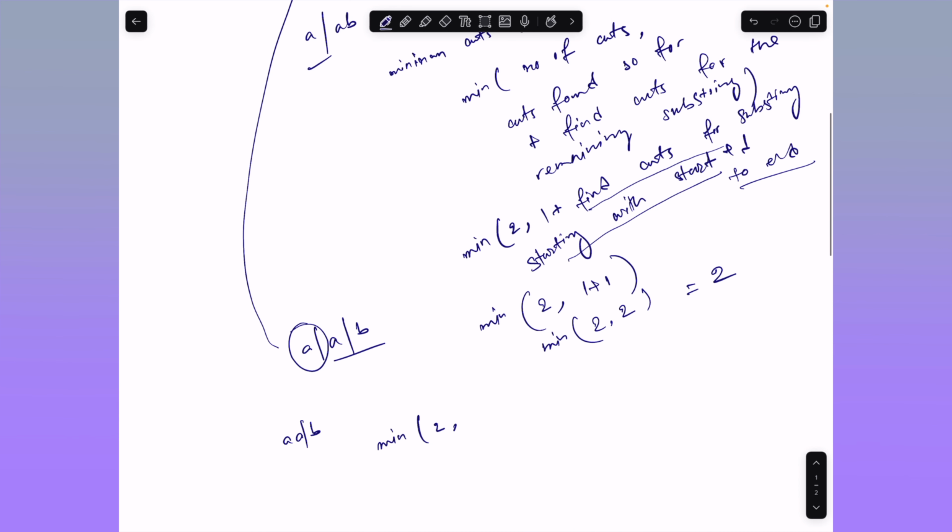Okay, and then find cards for the remaining substring. So cards found so far, we already put a card over here, 1. Find the cards for the remaining substring. So the remaining substring is B, and we cannot put a card after B, so in that case it will be 0 only. So if we are calculating the minimum of 2, 1, which is 1 only, and this is the answer we